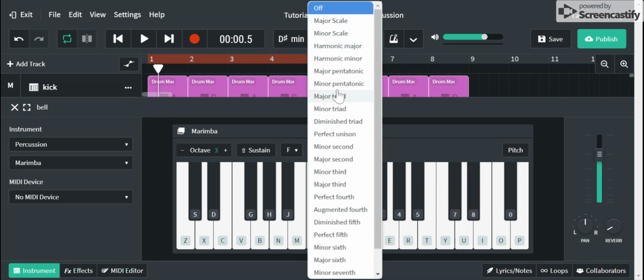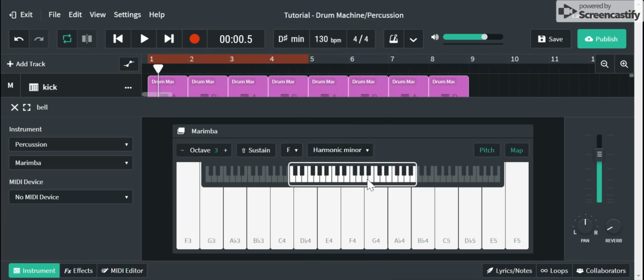So what I would typically do is focus on these first ones up here. So like these first, what is that? 4, 5, 6. So these first 6. I'm going to go with harmonic minor, right? Because I usually like my beats to be in the key of minor. And when you do that, and again, I'm going to take pitch off because I want to see the notes down here. So now it'll only play the notes that are in the key of F minor or F harmonic minor. So now if I press V,